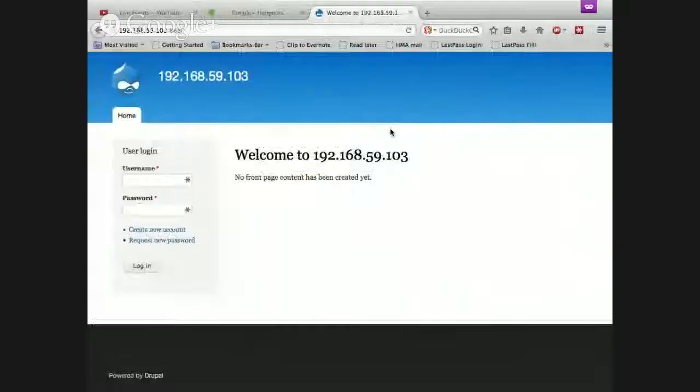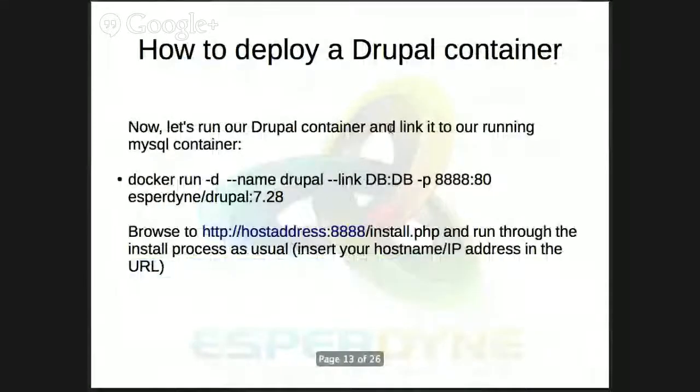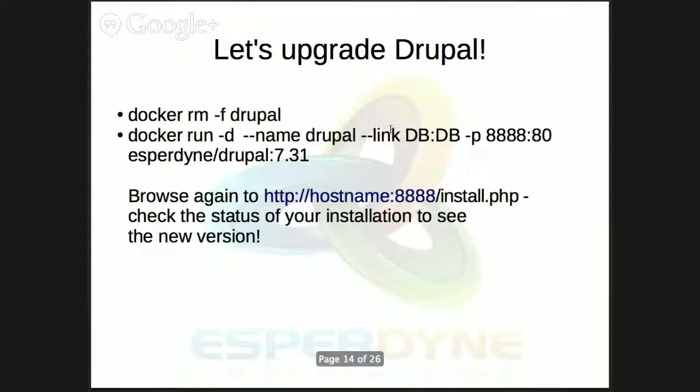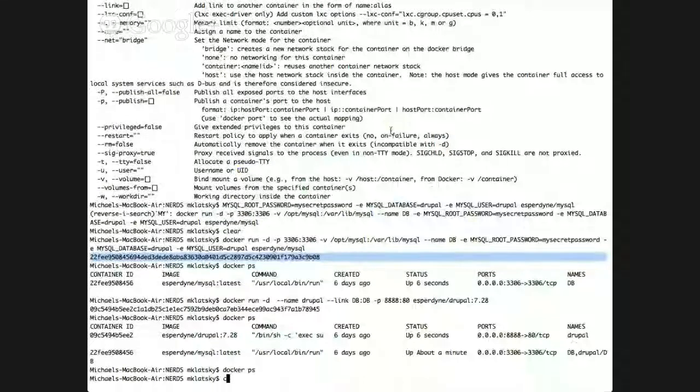I persisted data earlier when I was testing this, I persisted data to the host. So it's pulling the data from the host, and that's why it's not going through the whole process itself as it should. But you can see how quickly those containers come up. And this is what we did by linking the Drupal container to the MySQL container. So to upgrade, what I would typically do is